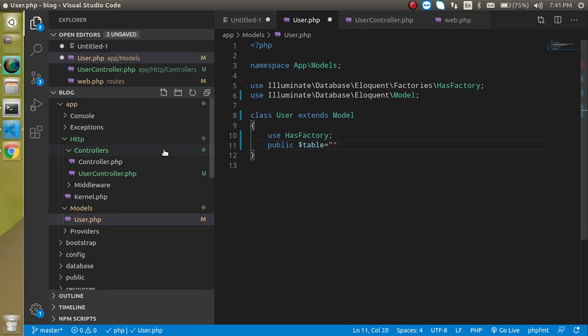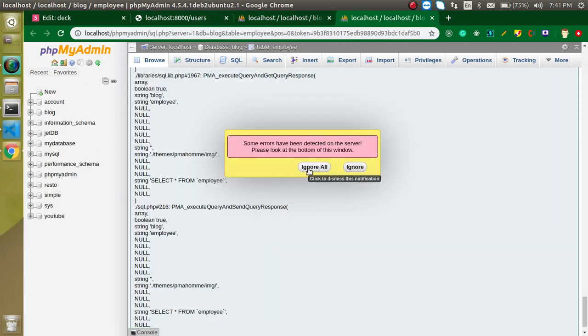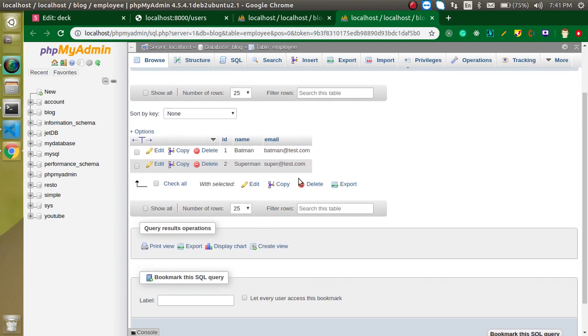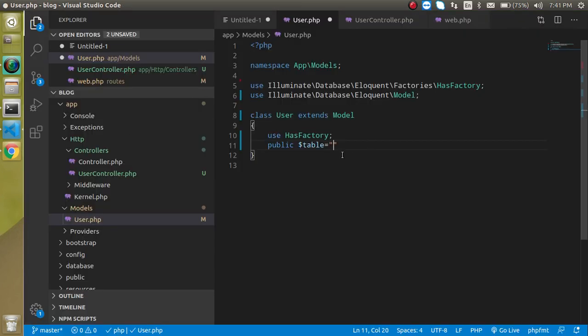So let's say I already have another table which is employees. Let's look at it. So just remove this warning. Actually this is a problem with my phpMyAdmin, so sorry about that. So my table name is employees. So if I put here employees, now I can fetch the data from the employees table, because now I defined this table name manually, right?